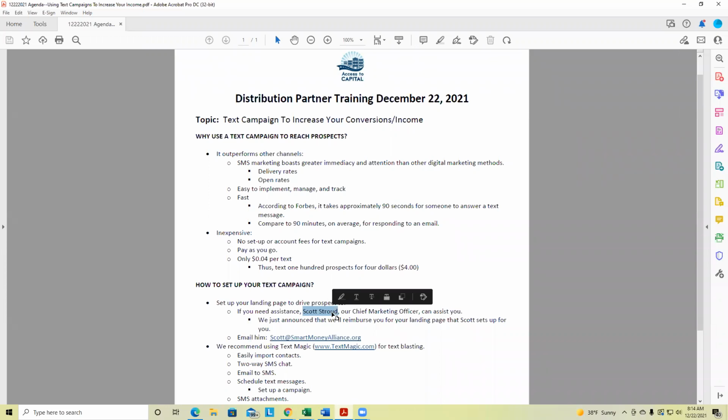Do we provide financing if needed for setting up the campaign? Of course. I mean, with approved credit, we can always get anyone financing, right? How much will it cost to set up the campaign? It depends on what you need. You've got to get with Scott, and there's going to be a needs analysis there. It's very inexpensive. I mean, it's going to be far less than a break even of one. If you set up that whole campaign and had one conversion, one new client, it would more than pay for itself.